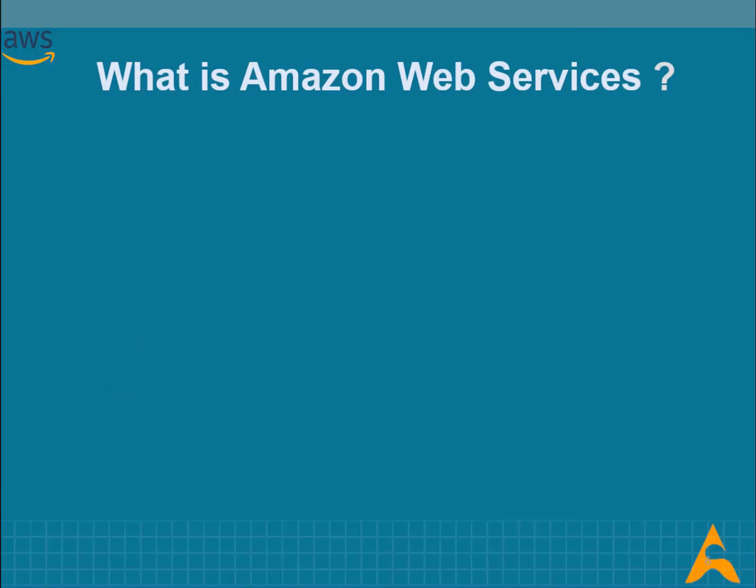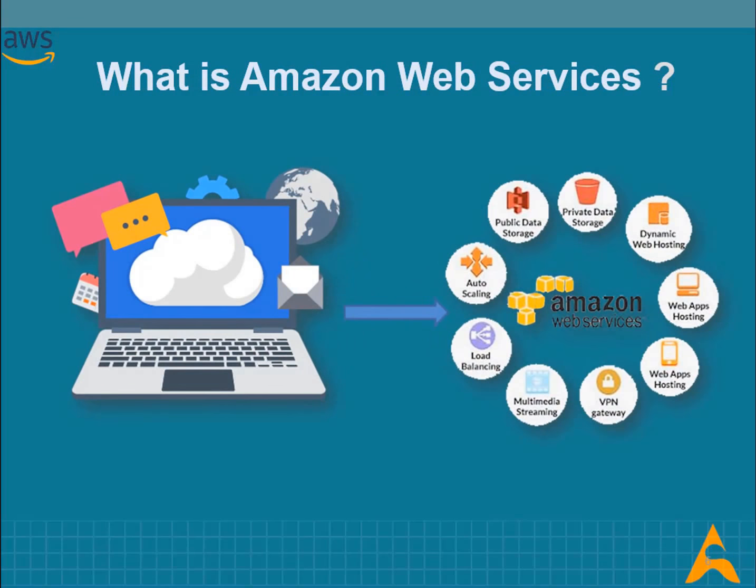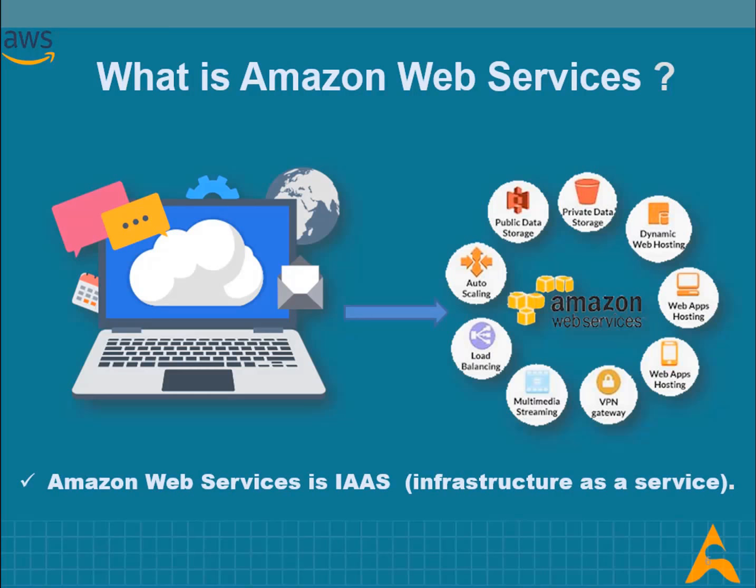Now let's begin with what is Amazon Web Services. Amazon Web Services provides all your IT infra needs, basically cloud computing infrastructure over the internet with storage, bandwidth, and customized support for application programming interfaces. The technology allows subscribers to have at their disposal a full-fledged virtual cluster of computers which is available all the time through the internet. These virtual computers have most of the attributes of a real computer, including hardware for processing, local or RAM memory, hard disk storage, a choice of operating system, networking, and preloaded application software such as web